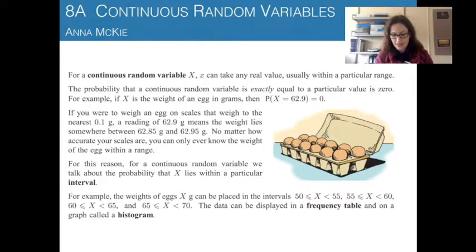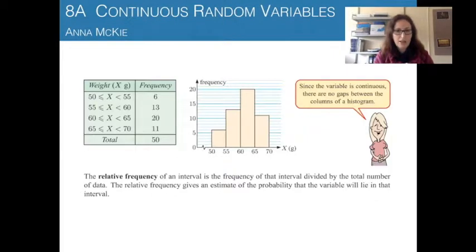Unlike discrete data, which is data you can count. Say, for example, the number of eggs in a carton is definitive, so there would be 12. You wouldn't have varying decimal places in this case, and so that's the difference between the two. Just some points to remember: when we graph these in a histogram or a column graph, they don't have gaps